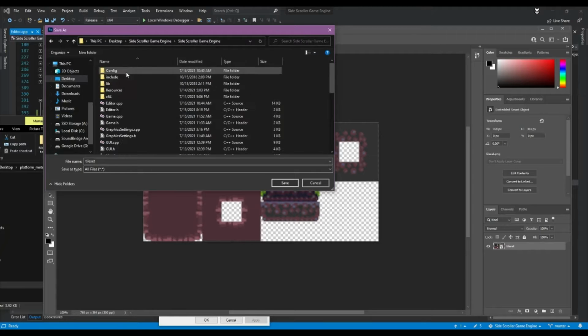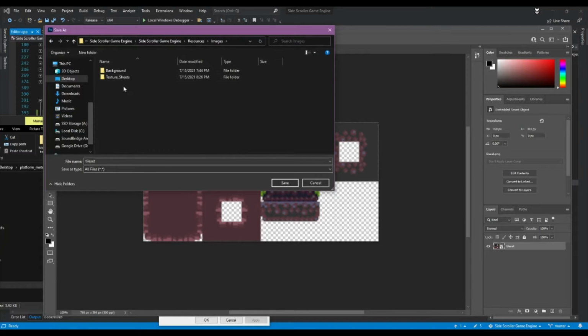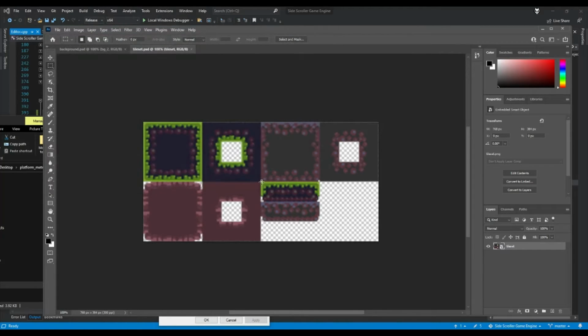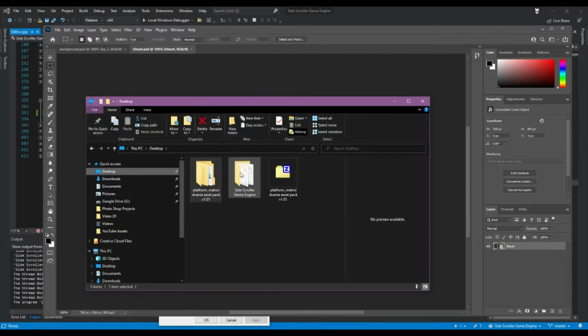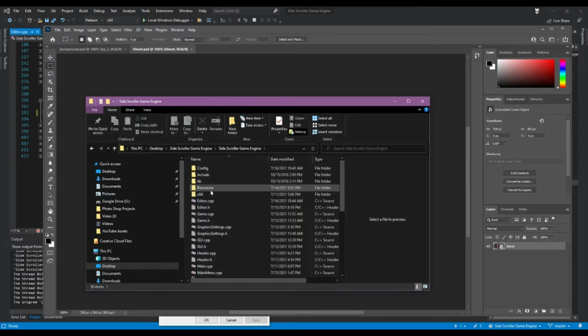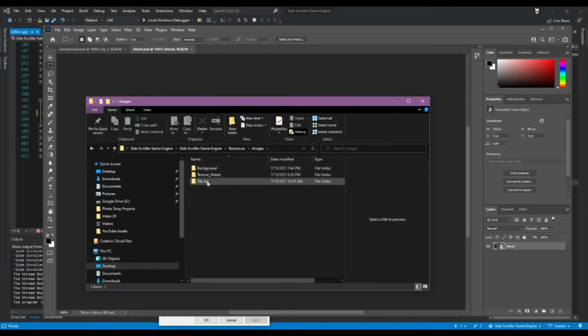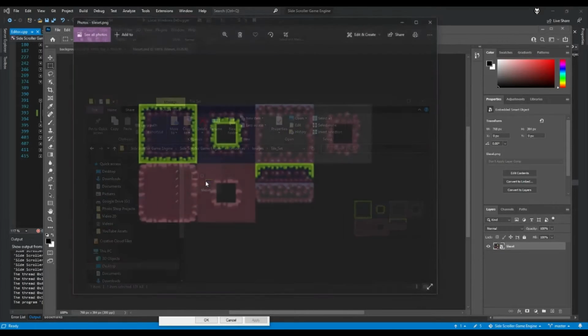Desktop, resources, images. Call this tile set. And then just like that. I think we've been standardizing things like this. Okay, and now this will be perfectly,